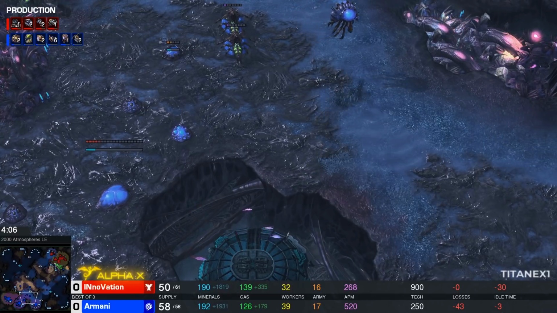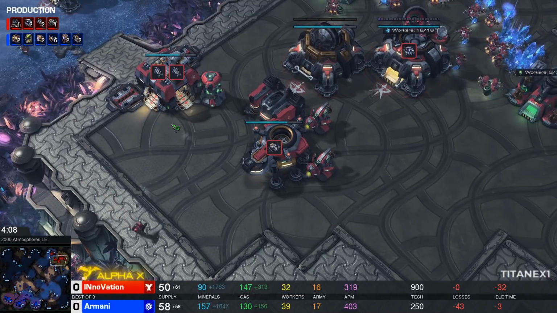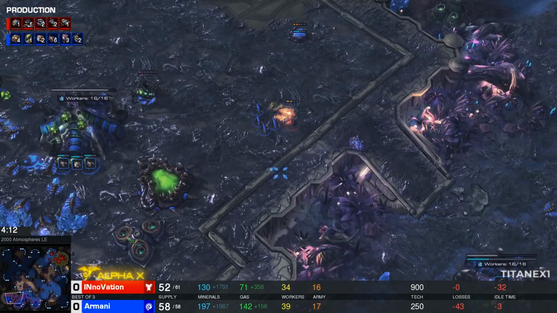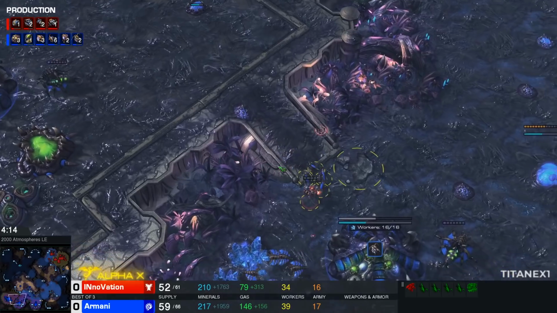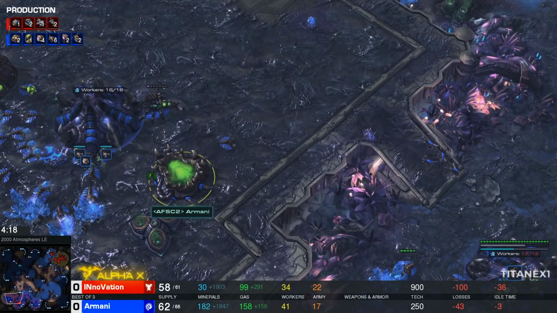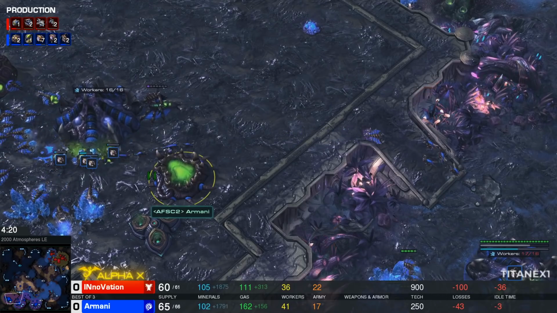However, Armani does start up that Baneling nest, and from here you have Innovation, of course, going into a stim, getting up Vikings, and then a few Banshees as well to see what damage they can do. The Reaper is going into the main. I don't believe it actually sees too much there, but even though he doesn't see a lot, Innovation can